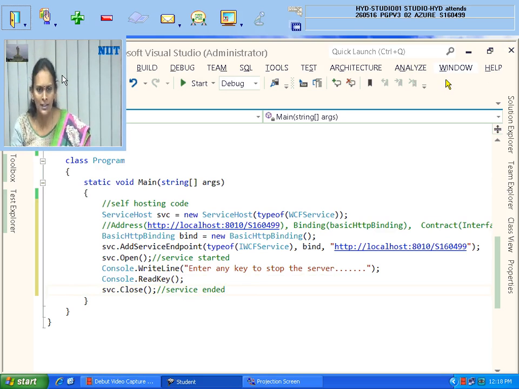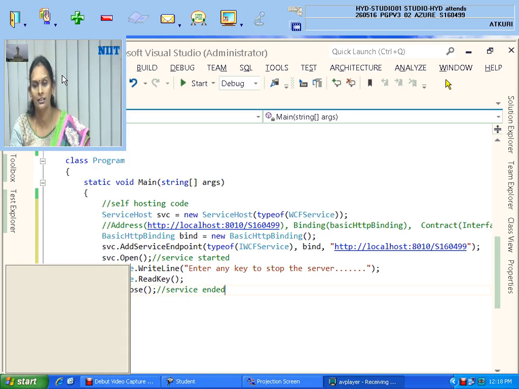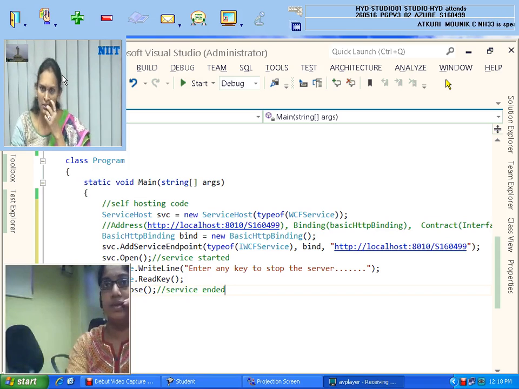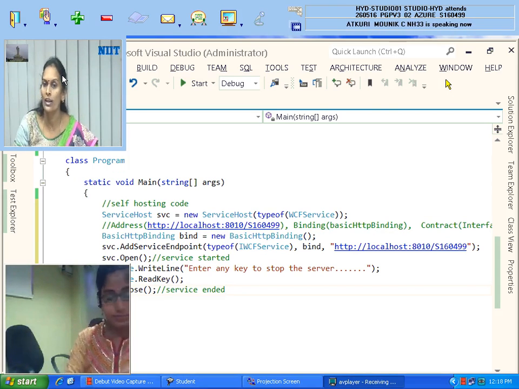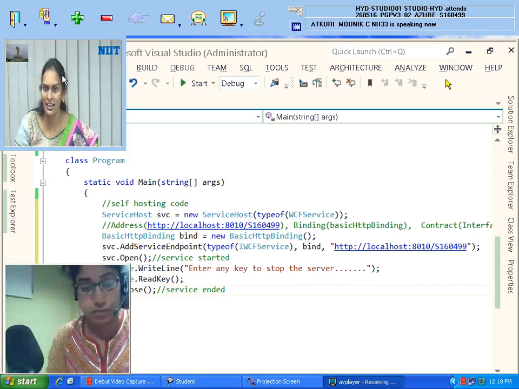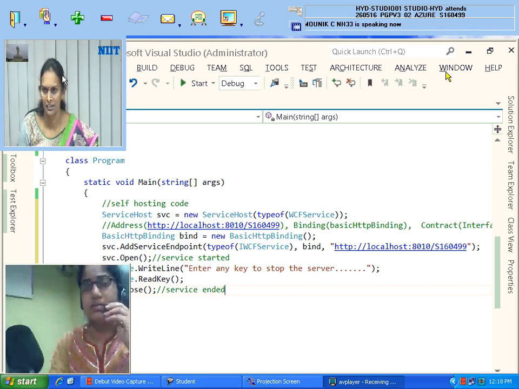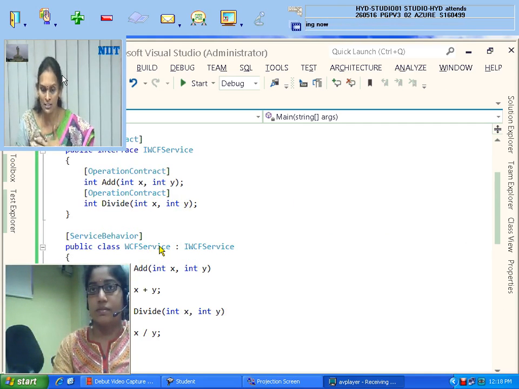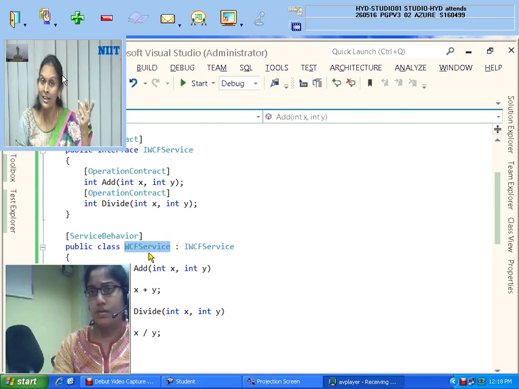So, SVC object creation. Monica, which class are you hosting? Just the interface is sufficient, that's the gateway. Through the interface, what is the original service? Your class, right? There is one interface and one class. The class is the real service which needs to be hosted, but the client's request should not come directly to the service. It should come through the interface.